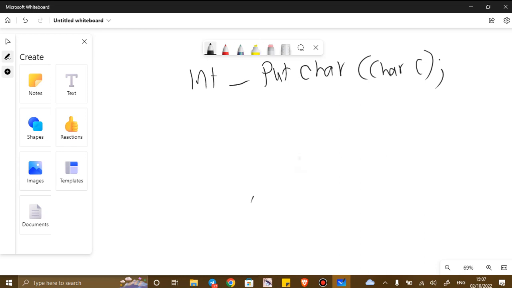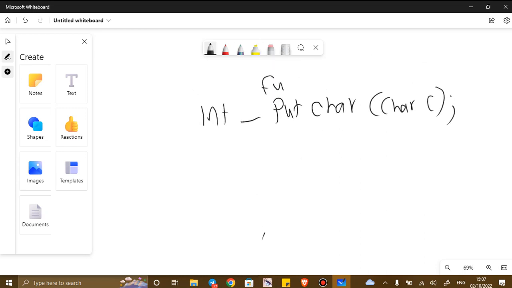So this right here is a function. This function needs to be somewhere for you to access. So if you write a code, let's take it like we want to start a program